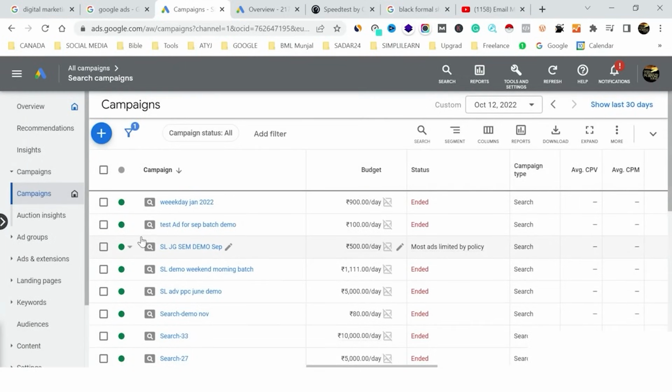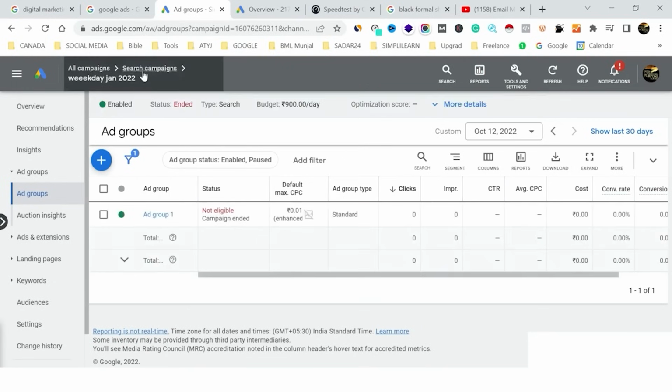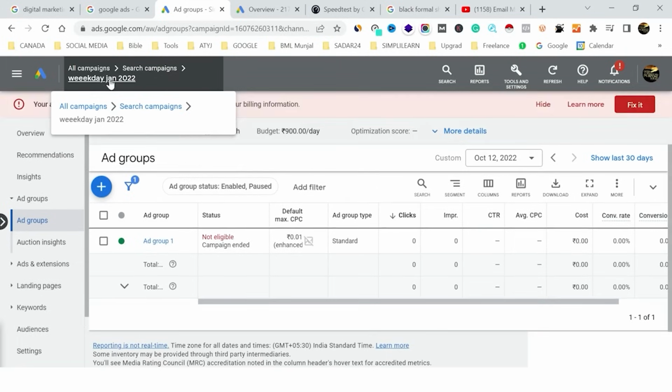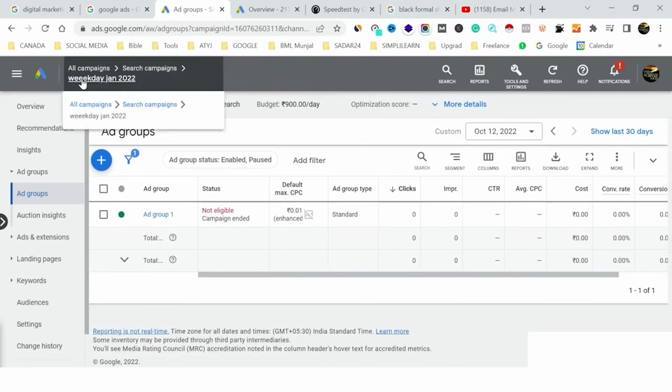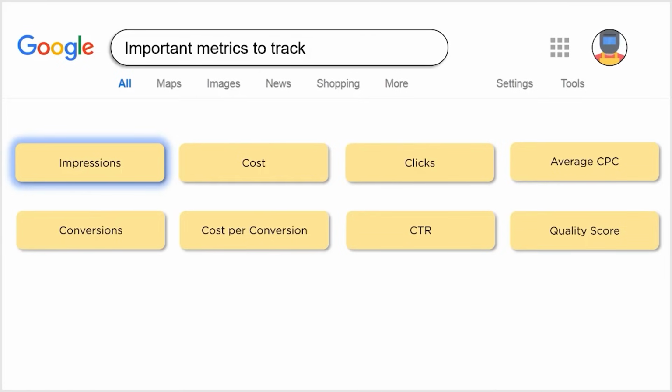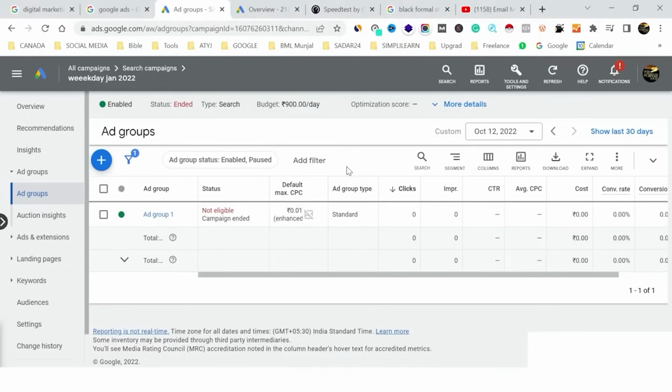Now if I go on any of the campaigns, suppose inside, then these breadcrumbs change. Earlier I was only in all campaigns, then I selected search campaigns, and now inside the search campaigns I have selected a specific campaign. Considering, suppose this was the campaign I have run in January for any of my digital marketing sales, or any of my product sales or services, lead generation, XYZ objectives could have been. Now coming to the main part from the metrics point of view. So we see here that there are